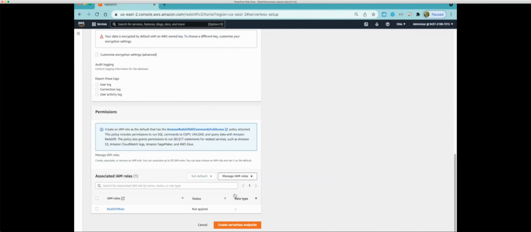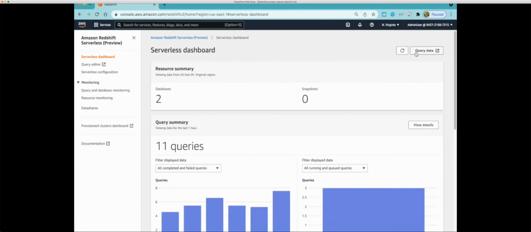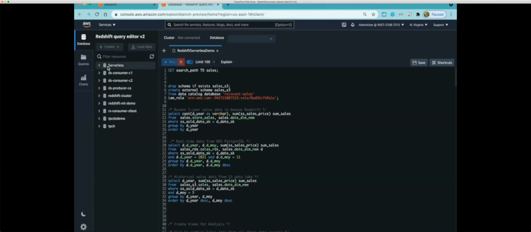And in this case, I'm going to access data from the S3 Data Lake, so we are just configuring an IAM role. So that's it, right? You go ahead and start creating a serverless endpoint. Note, I didn't have to choose any node types like an instance type, specify node count, or do any other compute related configuration. Once I set up the endpoint, I go to the query editor.